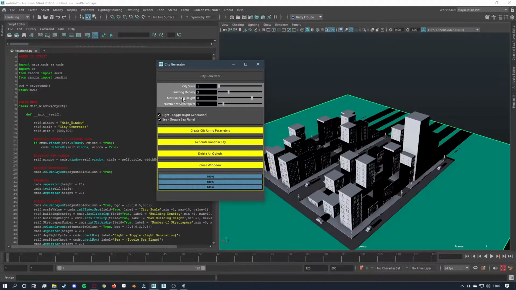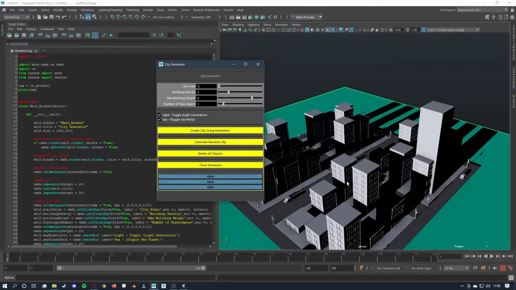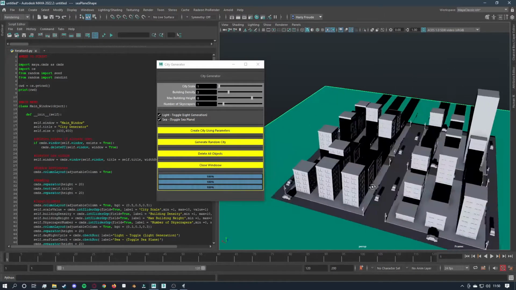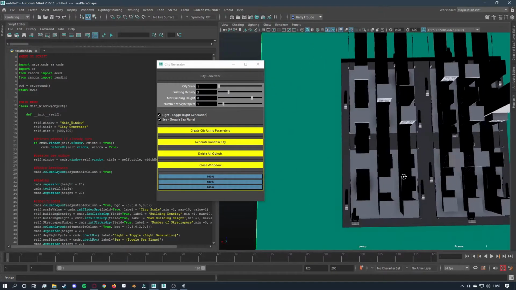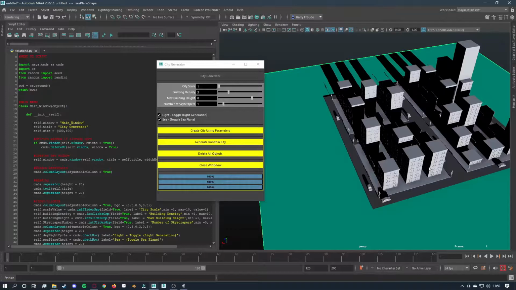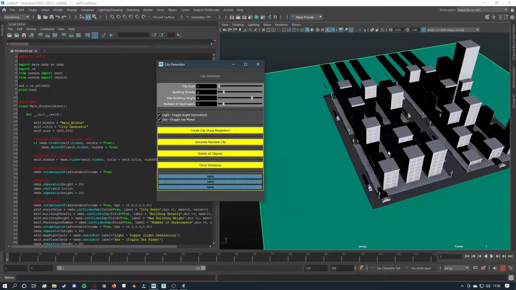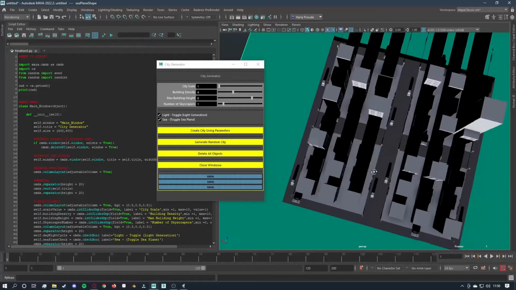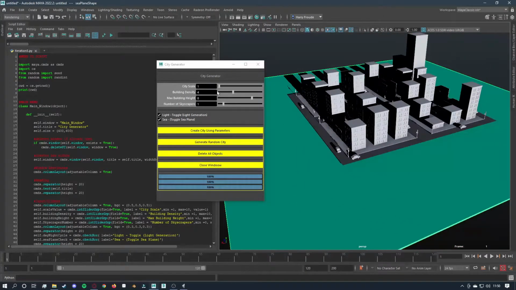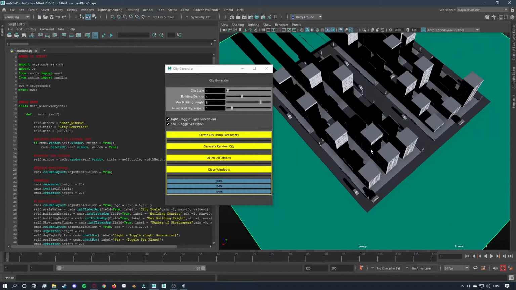The second slider is for the building density, so that's the number of buildings per plot. So for instance, as you can see here, this example city has generated a 3 by 3 grid of buildings, so therefore the building density is set to 3. If I was to decrease this and set it to 2, there would be 4 buildings. To 4, there would obviously be 16 buildings. So it's fairly straightforward. It works in the same way the city scale does, and all the buildings are generated